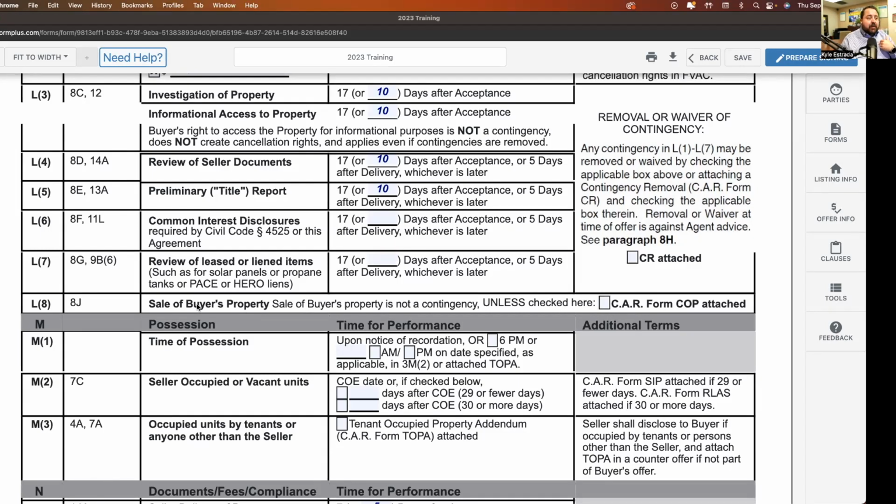Now, if my buyer is selling their home to buy a property, then I'm going to check the box. Today, we're not going to go into that because that's a whole class by itself. So maybe that will be our next thing, going over the contingent sales, making sure everybody's doing it, because they're still there, and I think it needs to stay fresh, and it's been a while since we've gone over it. But I'm not going to jump over to the COP and dig into it, because then we'll be in this class for 2 more weeks of writing an offer. But if it's contingent on my buyer selling a home to purchase this one, then I've got to check that box. Okay? If it is not, I do not check the box.